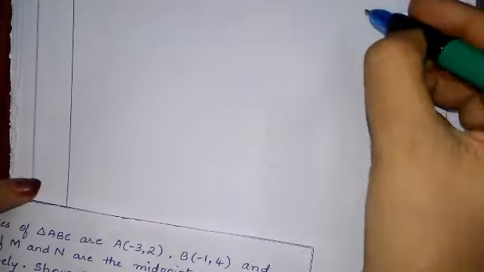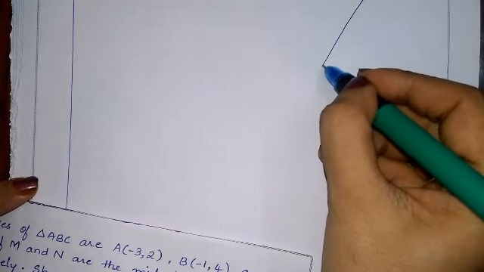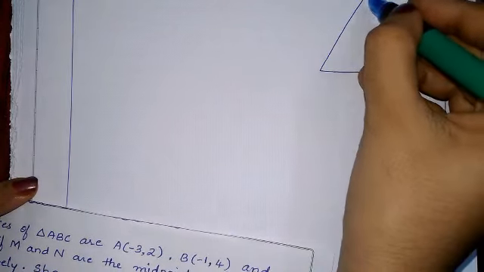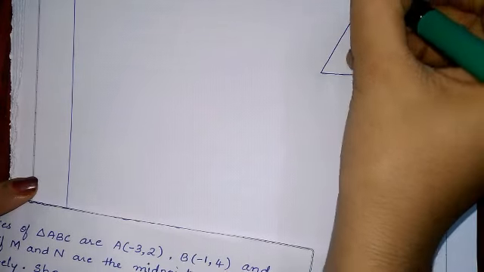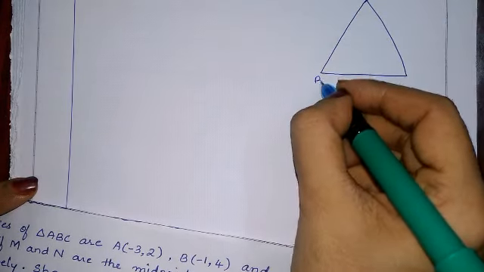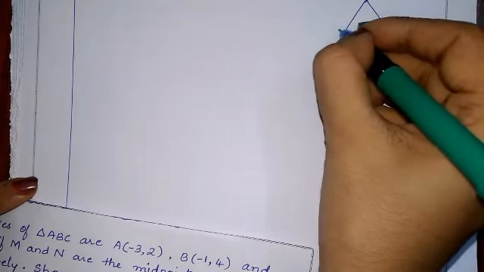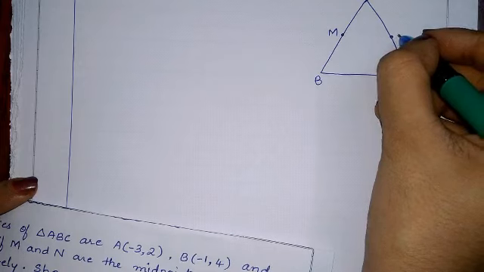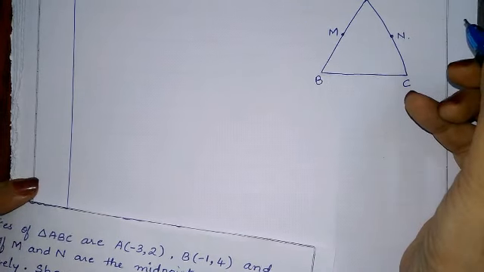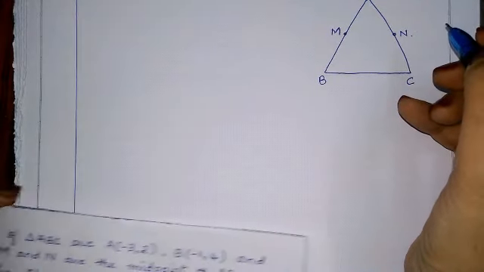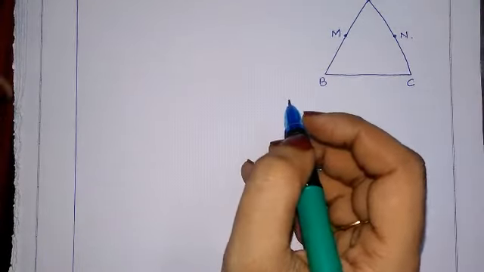Okay, let me draw this first. I'll draw the triangle ABC. ABC is a triangle and M and N are the midpoints on AB and AC. Okay, show that 2MN is equal to BC. Okay, given points are,